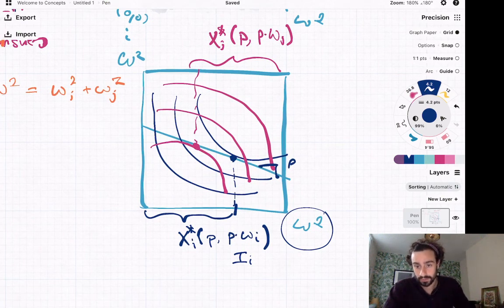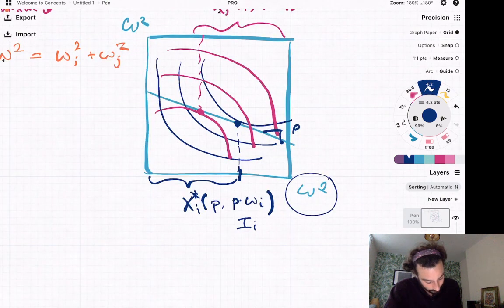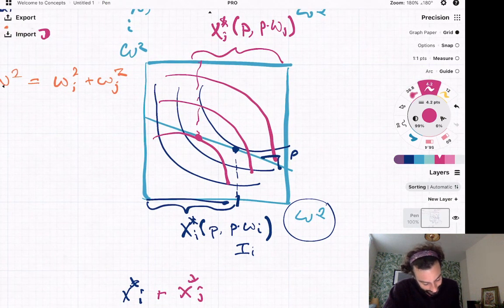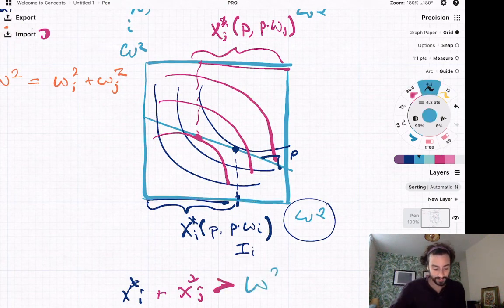is a perfectly well-defined Walrasian demand, but we're violating the feasibility constraint, right? Because X star I, which is this much, plus X star J, which is this much, clearly exceeds, is greater than the length of the thing, which was omega 1, right? And we can see that this length, maybe you can't see it in the color, this piece of the rectangle, plus this piece of the rectangle, is bigger, right? It's bigger by precisely this much.